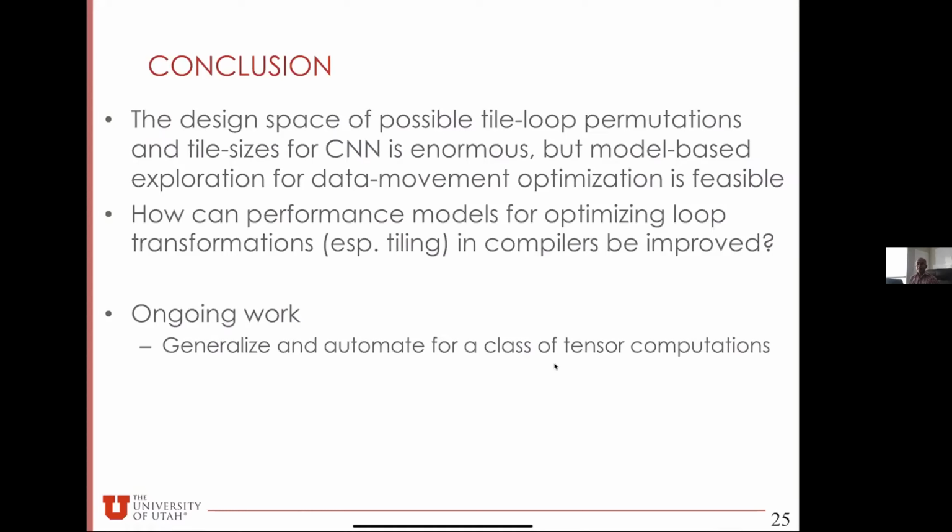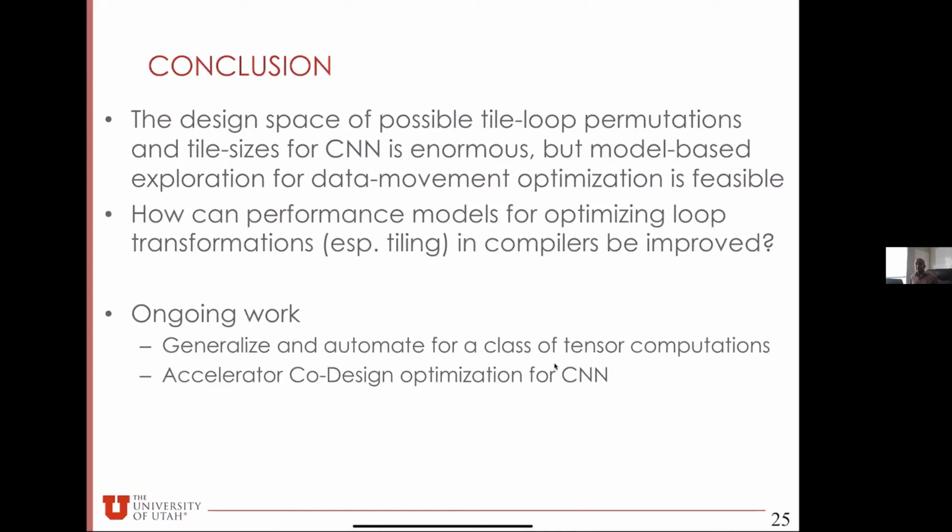The approach that I described, the inner to outer development of symbolic expressions for data volume, is not really restricted to matrix multiply or to CNNs. It can be generalized and automated for a larger class of tensor computations, including tensor contractions, things like MTTKRP, and others. And the other direction of extension here is to try to apply this kind of methodology for